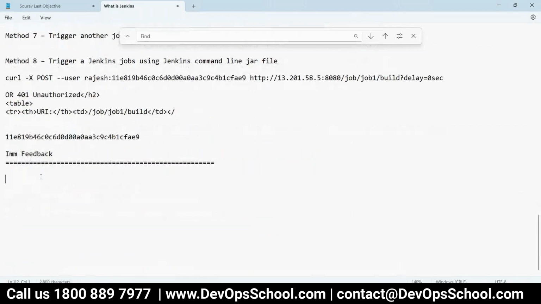So immediate feedback, typically either you get an email, or you get a Slack or chat, something like team chat, or if you're using something like WhatsApp, or you get a dashboard. The dashboard is for the feedback. So these are the three ways we can get feedback. So how about